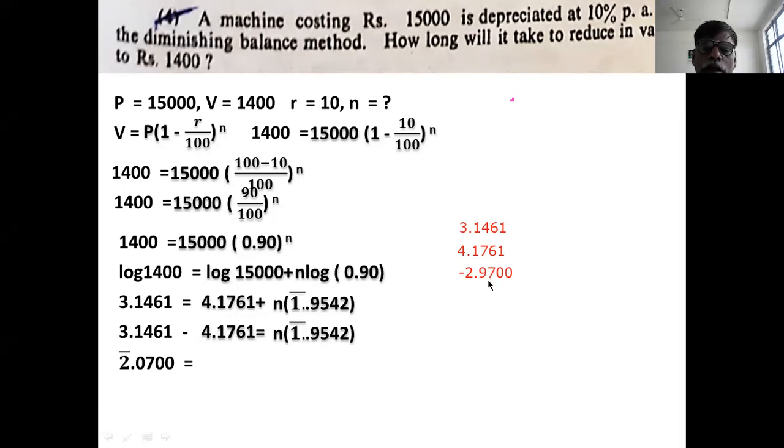So you take this as 1661. Am I right or wrong? 2.9700. 1 minus 1, 0. 6 minus 6, 0. 14 minus 7, 7. 11 minus 2, this is the wrong step. So you take this step as